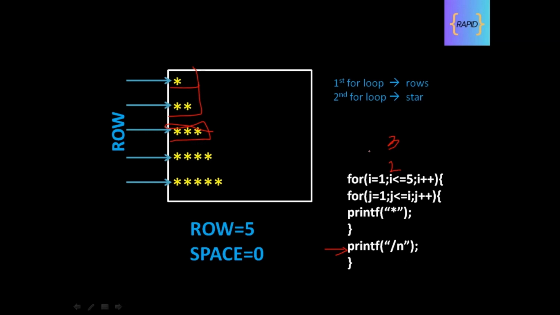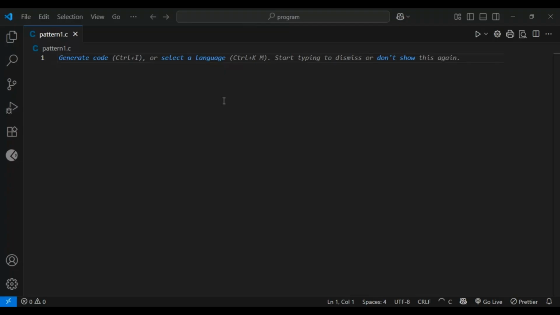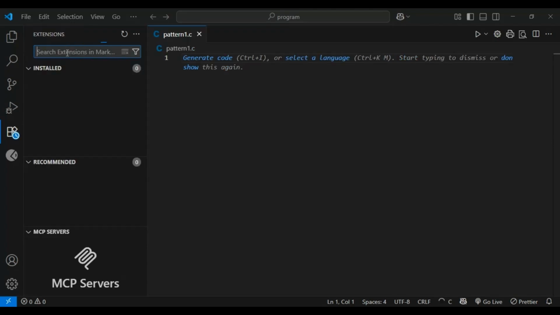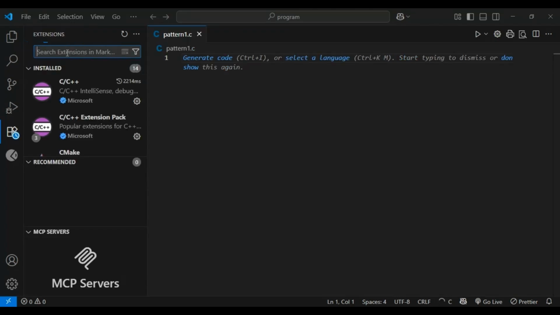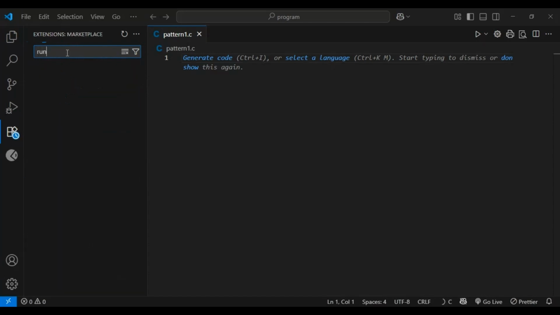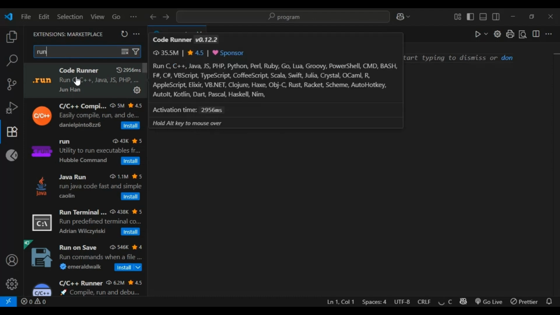So let me show you in the program how we can do this. Here I opened my VS Code and I created one file named pattern1.c. Before starting the program, I recommend you do one thing. Go to your extensions section and search for run, and you will see this extension.